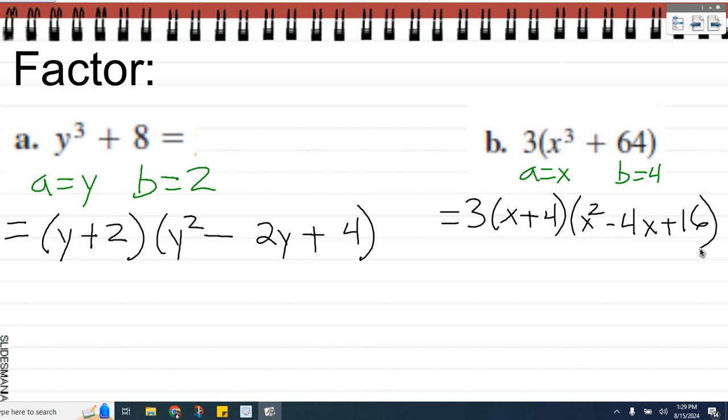Questions on that one? You all see where we're getting those? Yes? No? Maybe? Or why we're using which formulas? That's important too. It's why I gave you the handout, so that you know when I have 2 terms, I'm probably going to use these. When I have 3 terms, I'm probably going to use these. Does that make sense? Sometimes I feel like figuring out which formula to use is the hard part, not necessarily